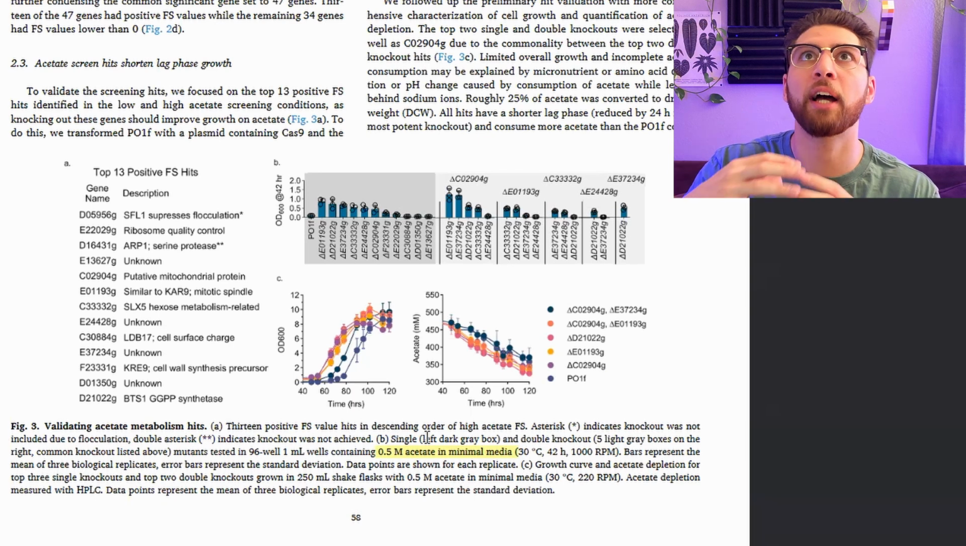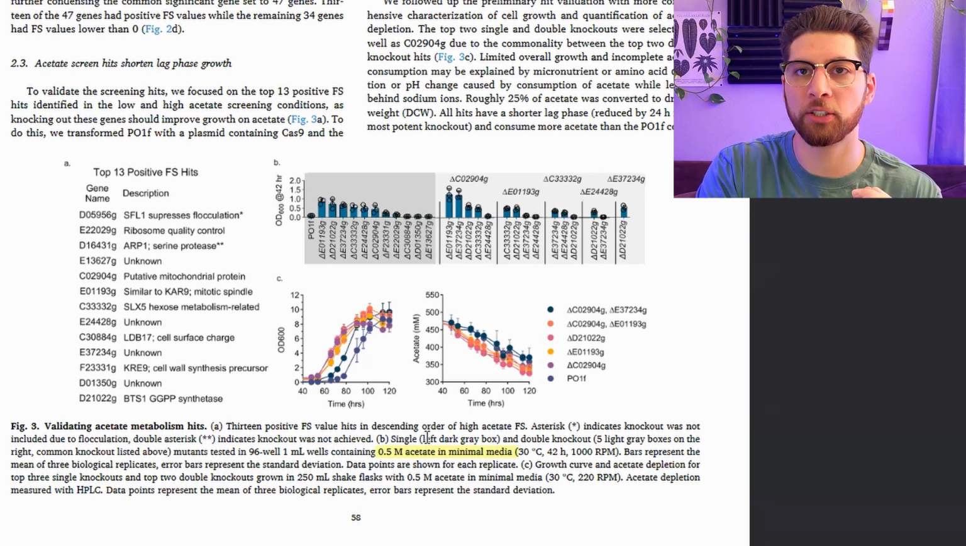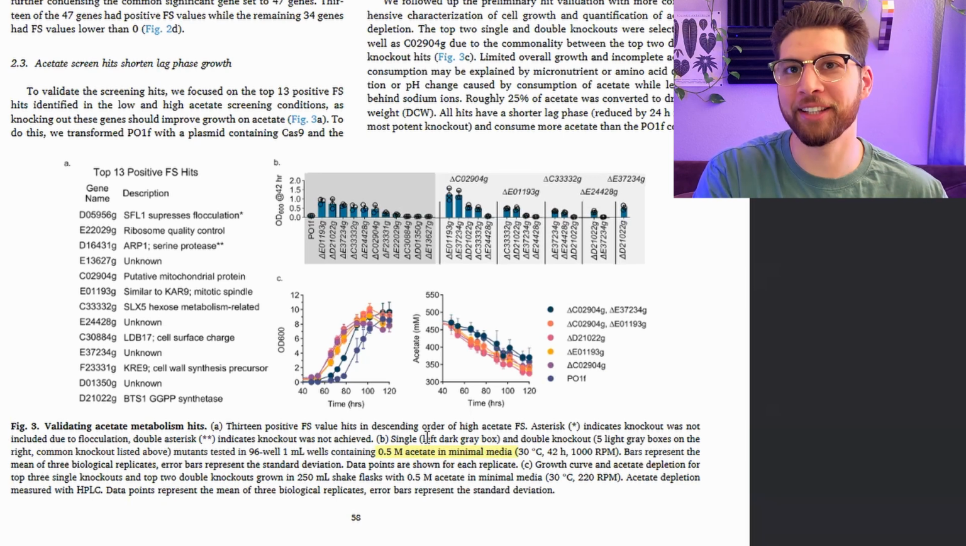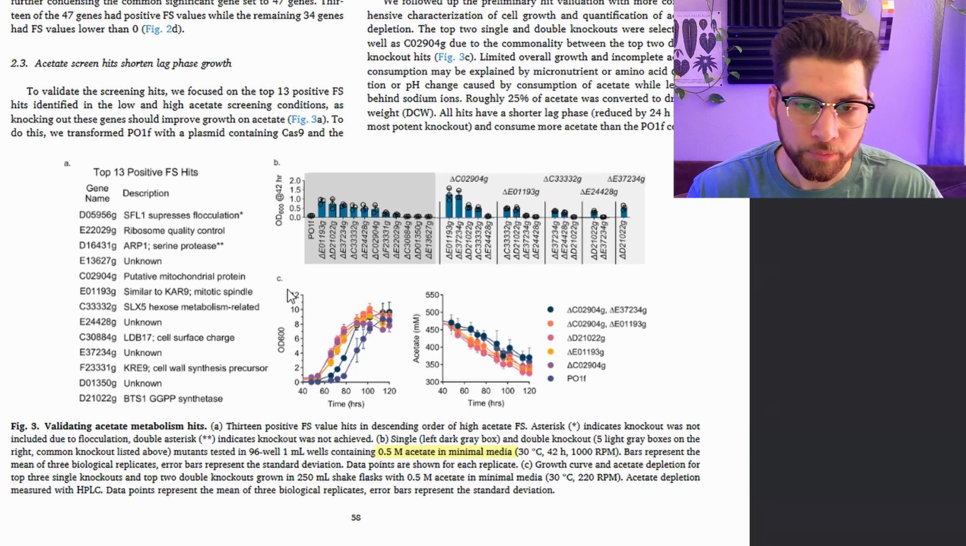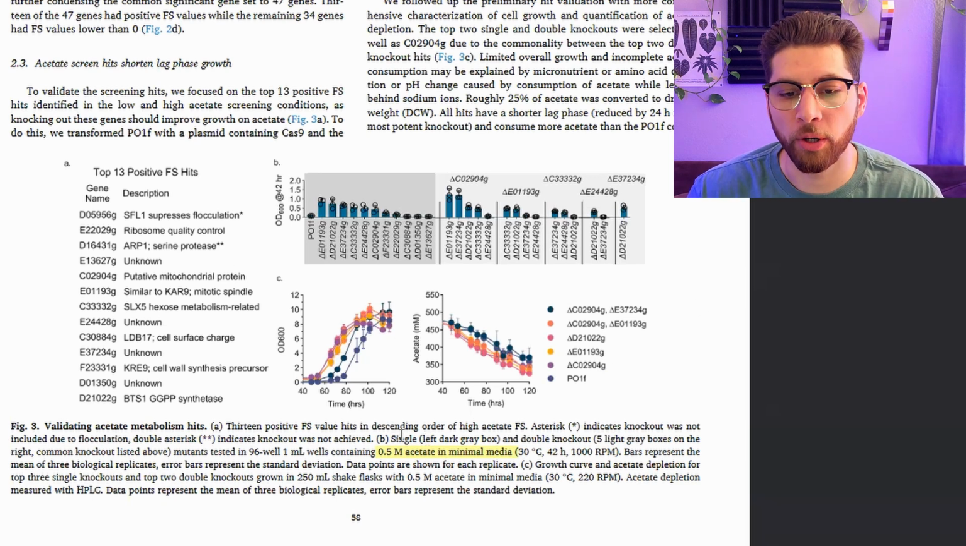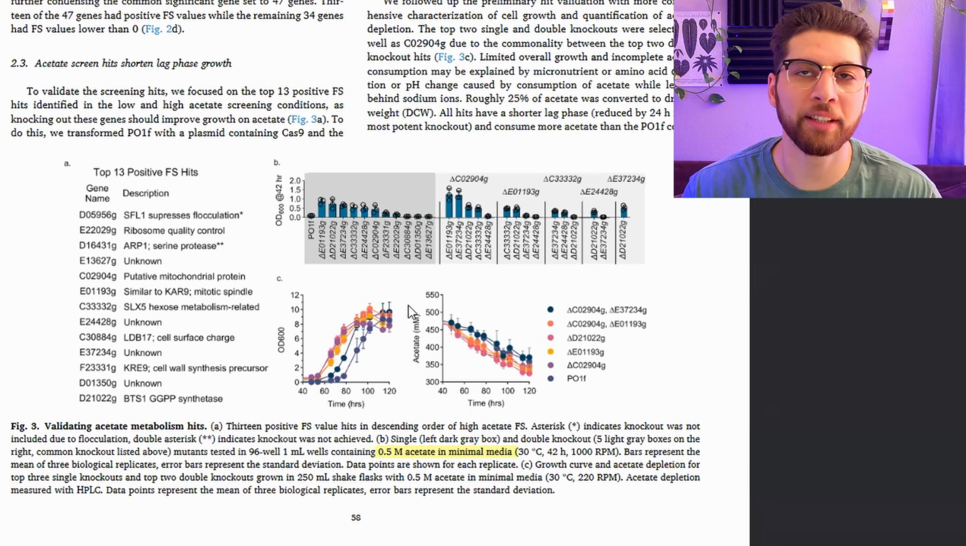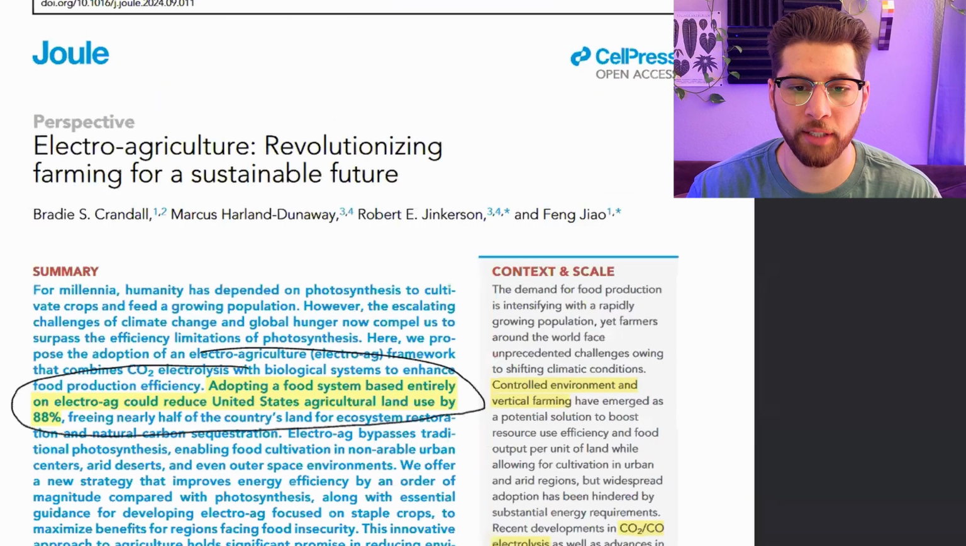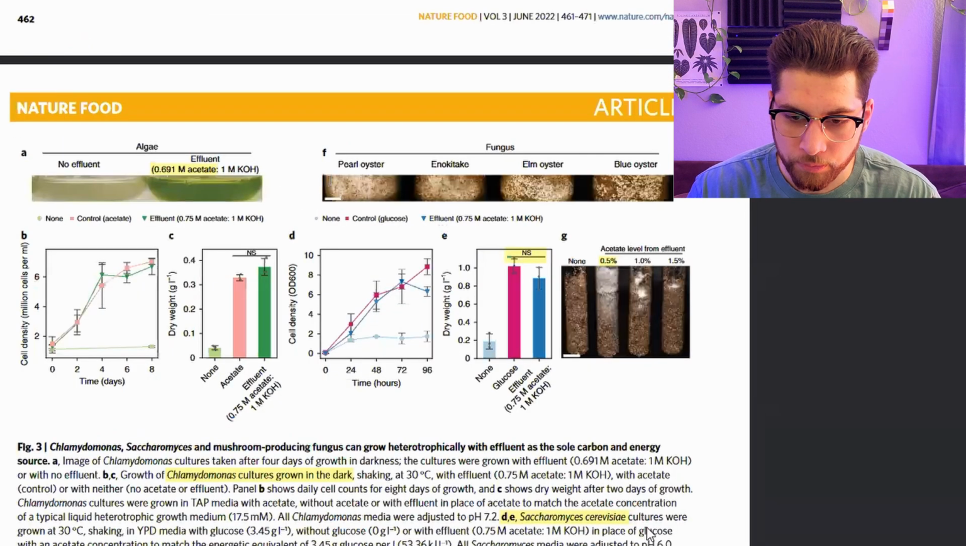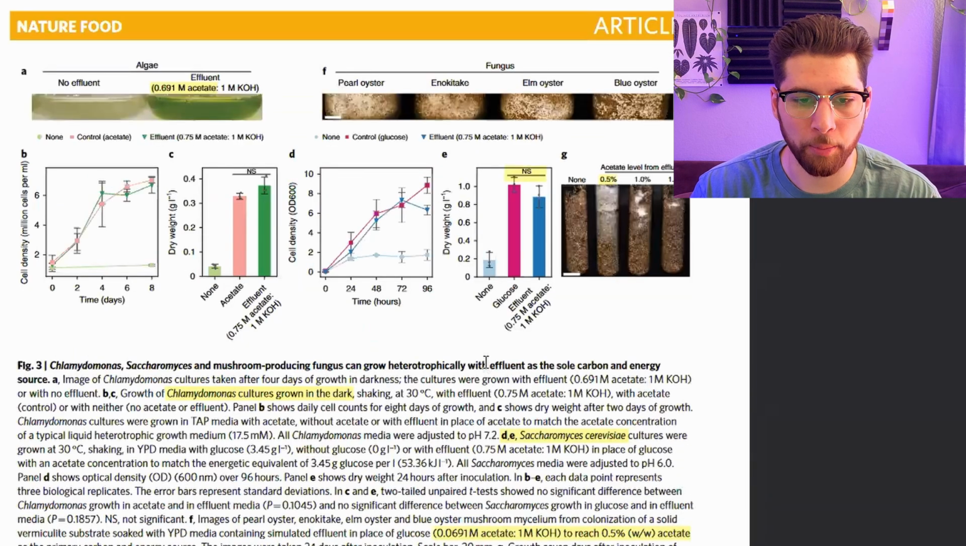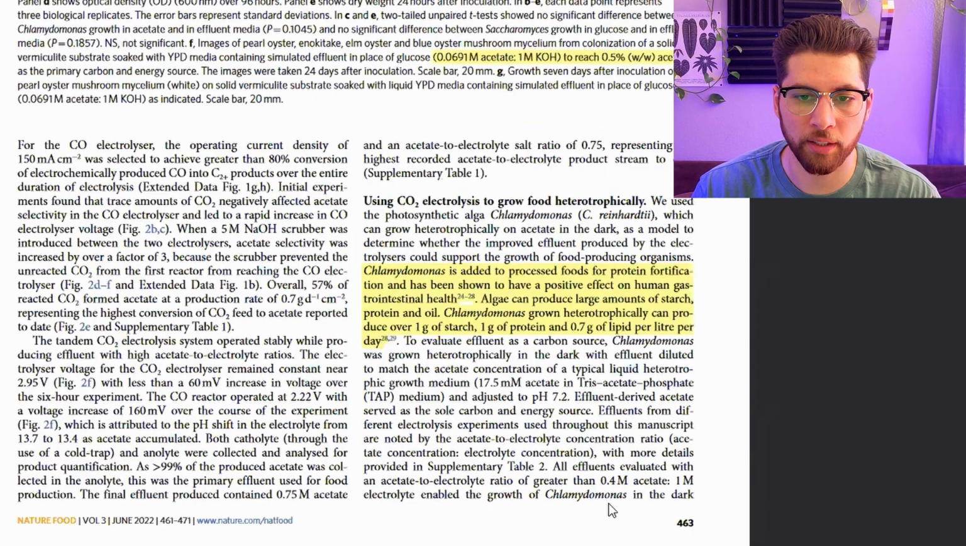We're trying to identify gene mutations that improve growth on acetate, potentially for something like artificial photosynthesis. And so these are growth curves from growing in 0.5 molar acetate from different mutants. Basically, the Yarrowia lipolytica yeast also grows well on acetate. And from this paper here, let's see if I can find it,